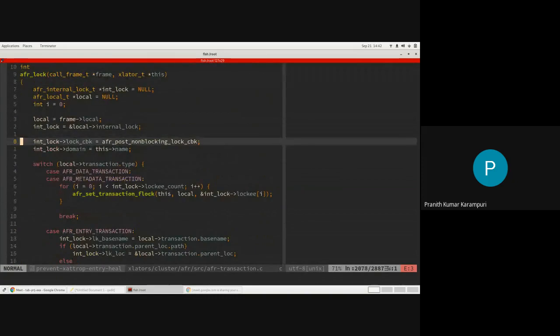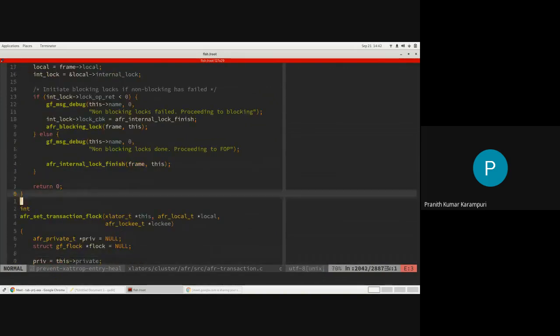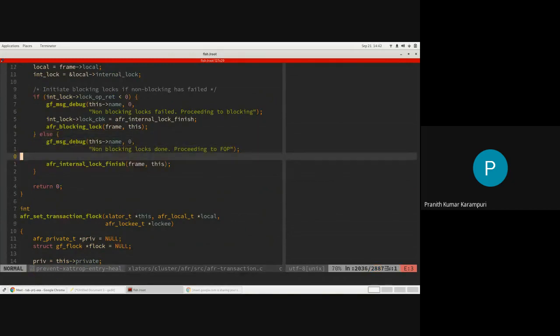Yeah, so we are setting it here. After the locking operation, successful or not, it will come here. If the locks are completely successful, you are done with the locking phase of the transaction. Otherwise, you have to go to the blocking phase of the transaction.